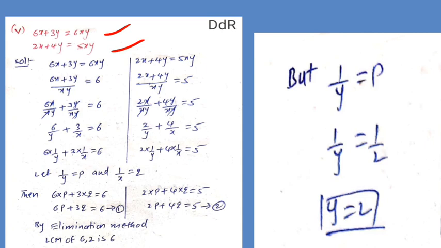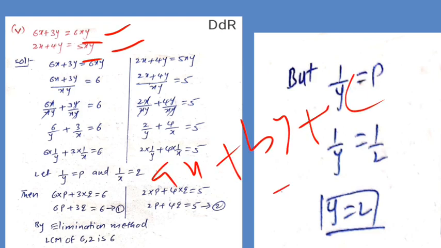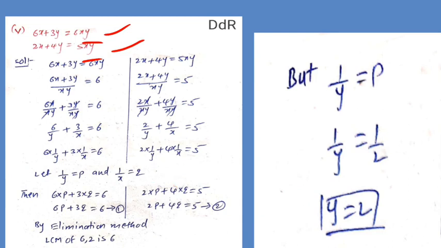the product of x and y. But what is the standard form? ax plus by plus c equal to 0. So to get this standard form, the product xy is transposed to the LHS in both equations. Only xy. See here, xy transposed to the LHS, so it will go to the denominator place.